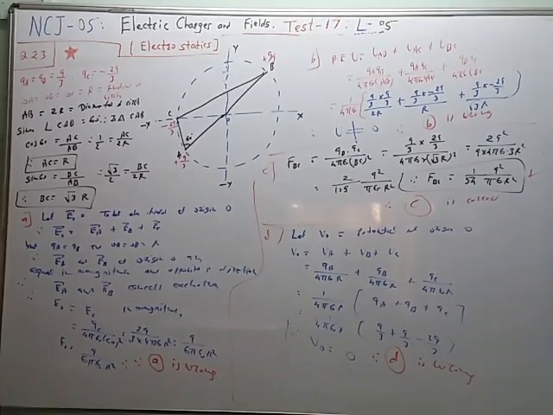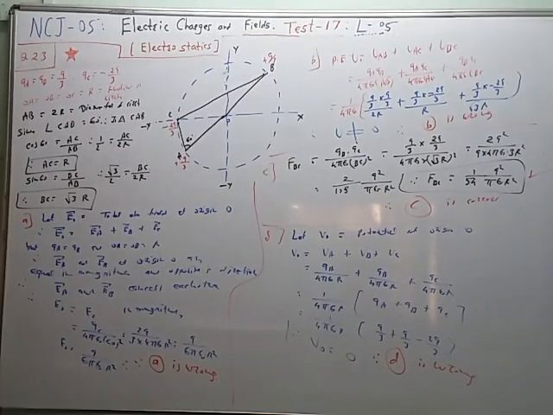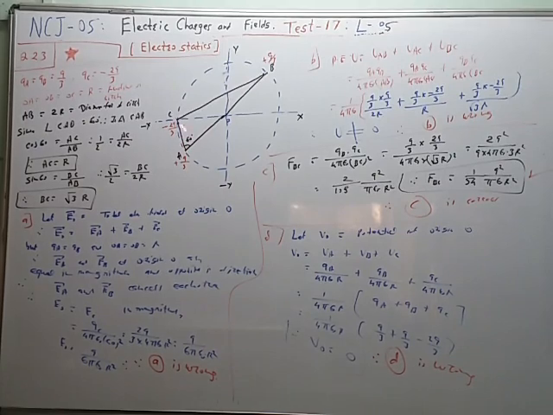So in this problem first we have checked the geometry. The charges at points A, B, C are Q by 3, Q by 3 and minus 2Q by 3. So total charge is 0. So these distances are like this. AB is a diameter of the circle. So AB is equal to 2 times R, and OA, OB, OC are the radii of the circle, and that is equal to R.